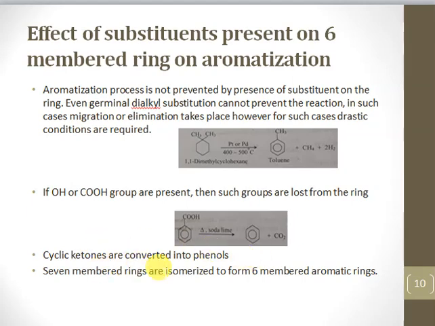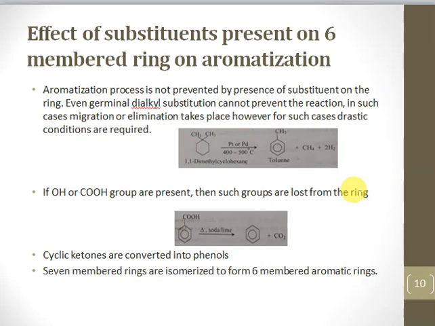And if you have a 7-membered ring, then under the same reaction conditions of platinum or palladium or heating at high temperatures, 7-membered rings are isomerized to form a 6-membered aromatic ring, and the 7th carbon becomes the substituent. For example, if you are using cycloheptane, then in that case we will form a benzene ring with a methyl group as a substituent,